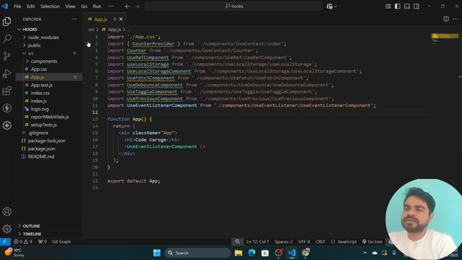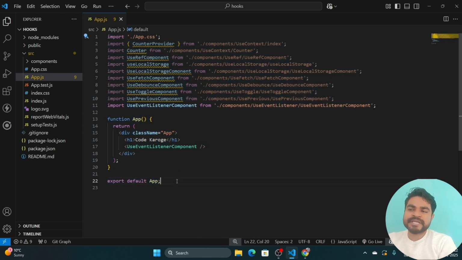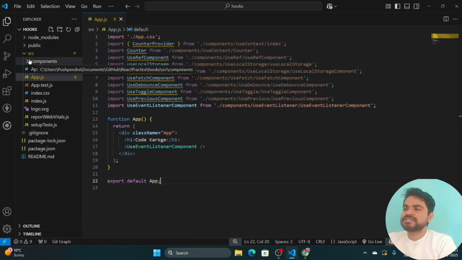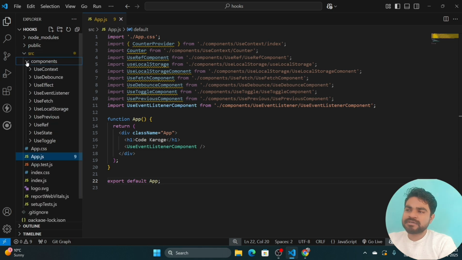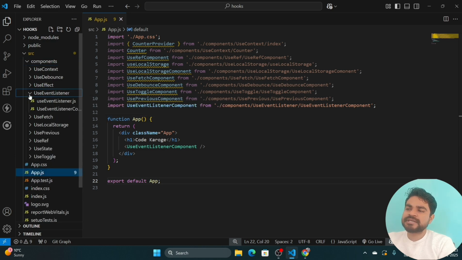We have a file named App.js, inside which we call the other child components, and inside src there is a components folder where we have created multiple folders. For this custom hook, I have created a folder named use event listener. Inside that we have two files basically.